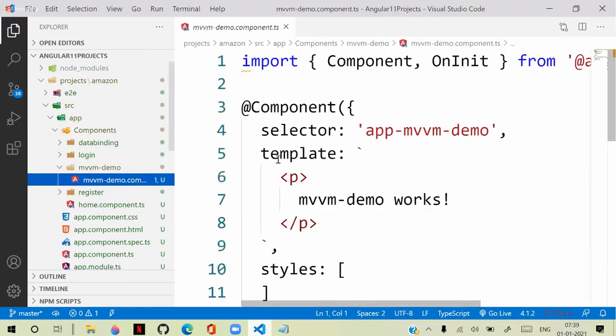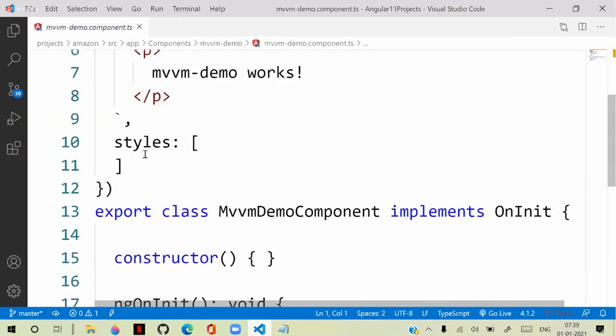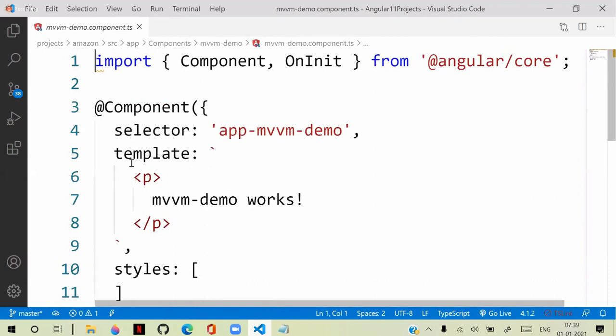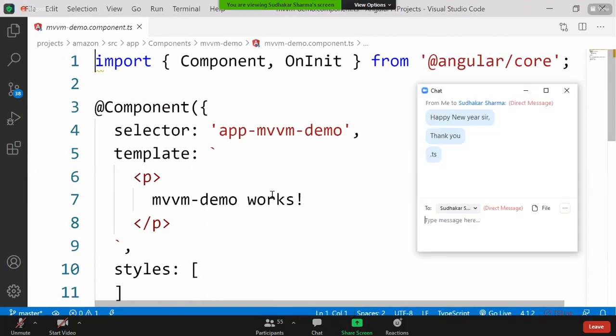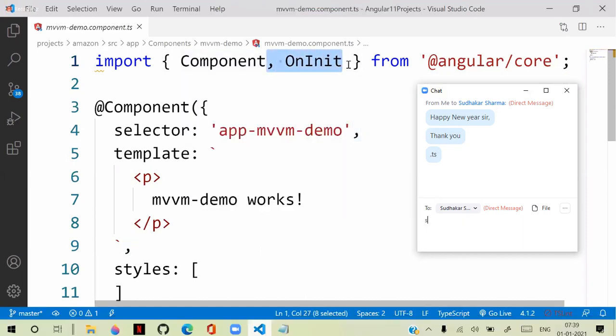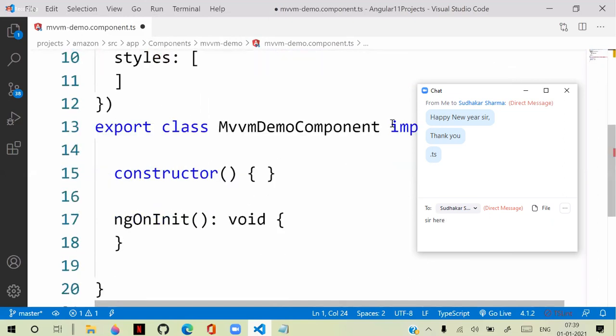And it is an inline template. Inline template means you can see the styles, and the template is defined here. Additional things I will remove here. I am just having an empty controller.